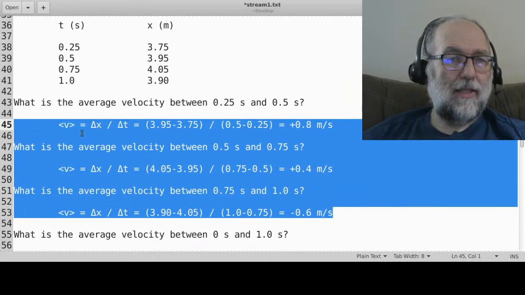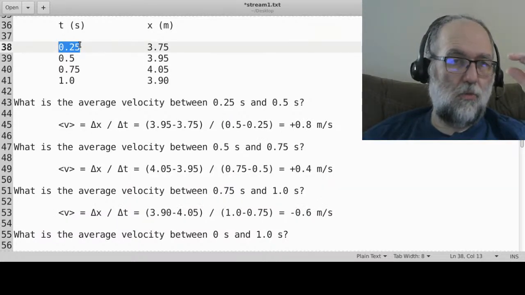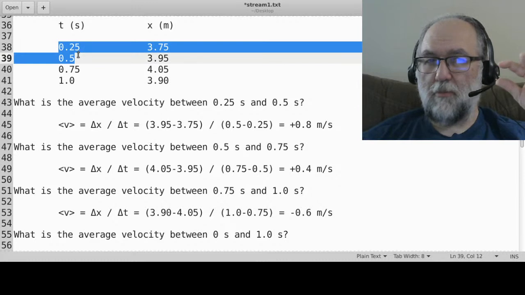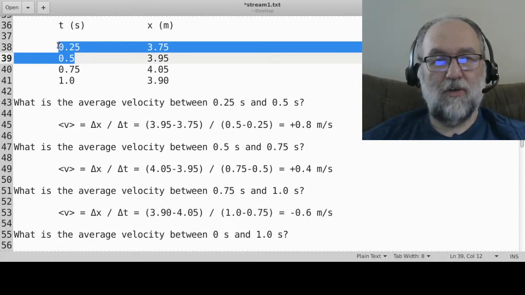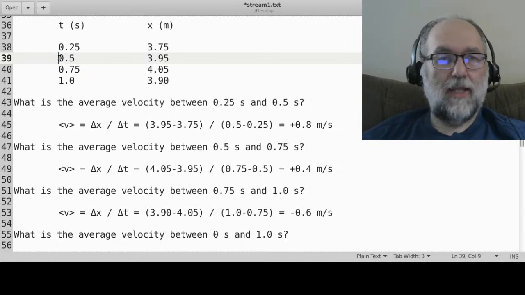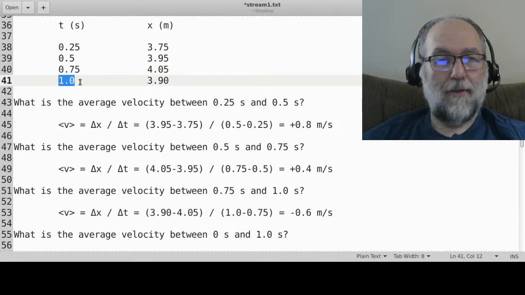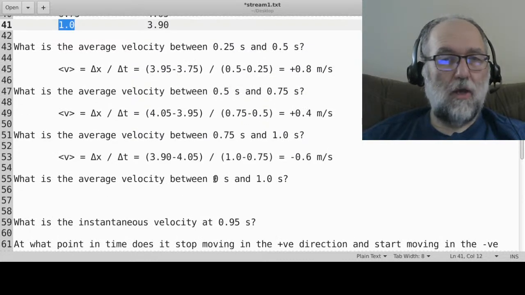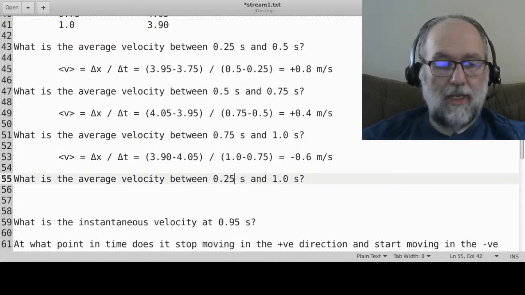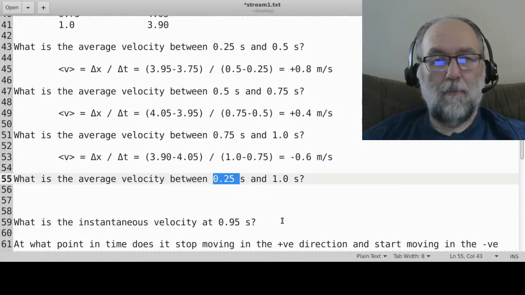You can see that these first three questions were over time intervals that were as close as possible, like quarter of a second time intervals, from 0.25 to 0.5, and then from 0.5 to 0.75, and then 0.75 to 1, like that. The last question was, what is the average velocity between the initial time 0.25 and the final time